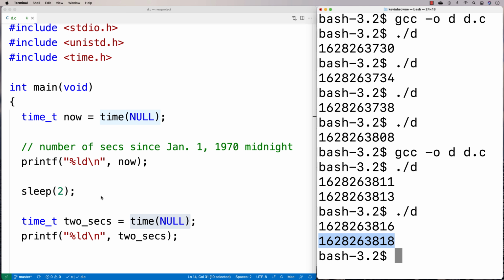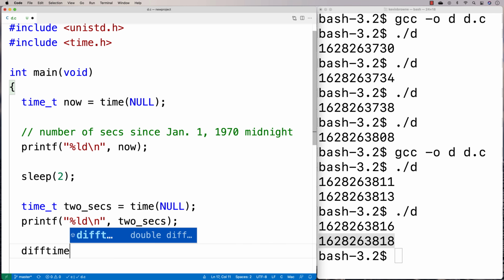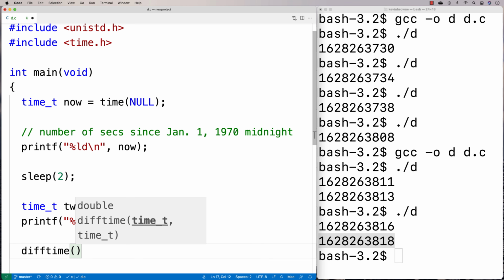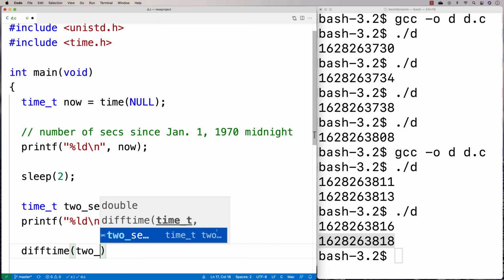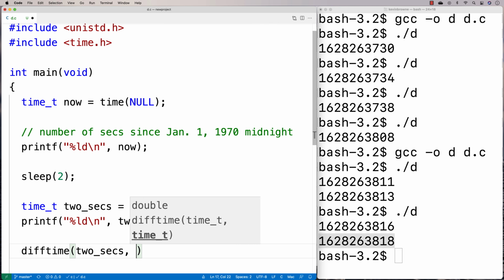And so this is how we can work with time in our C program. It's one of the ways we can work with time in our C program. There's actually a function that gives you the difference of 2 times. So we could call difftime, and difftime is also provided by time.h, and it gives you the difference between 2 times. So I could say difftime(2secs, now), and it'll return a